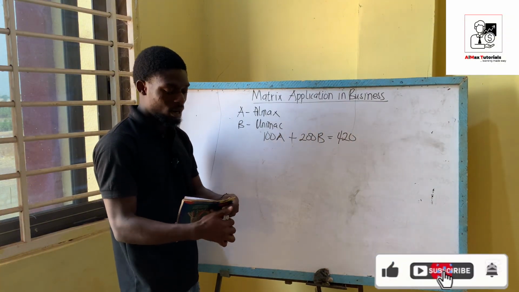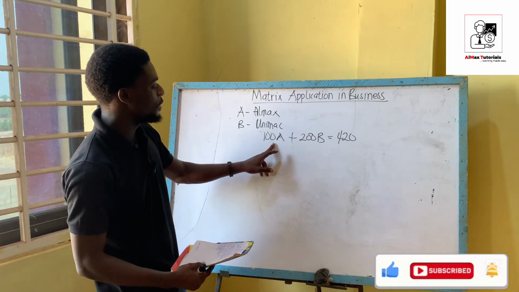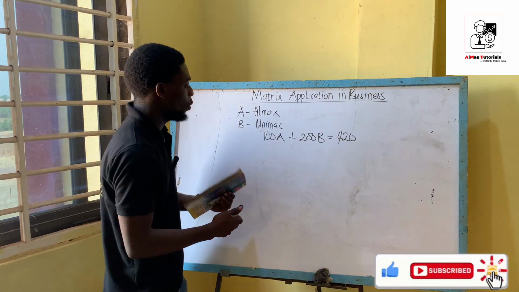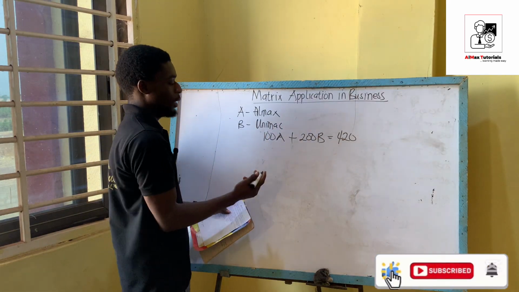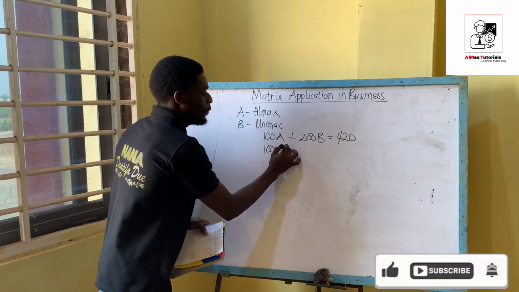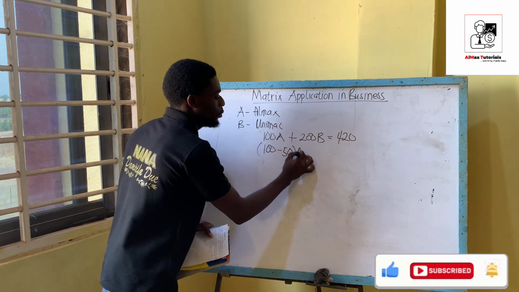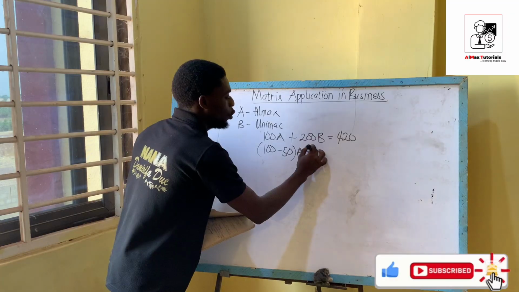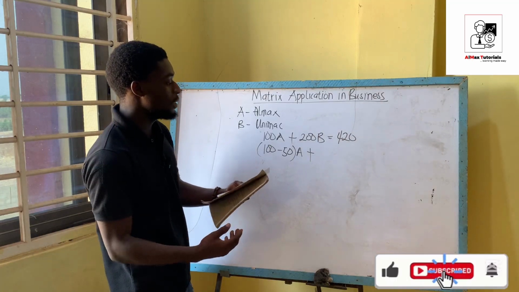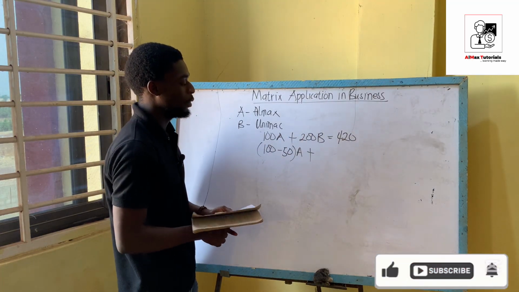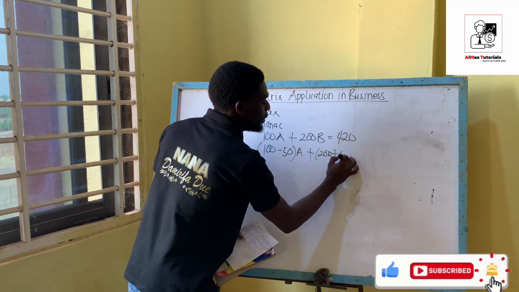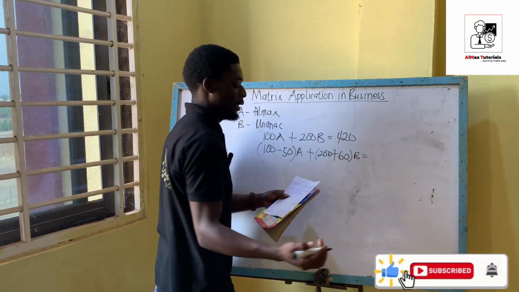Now, looking at the second paragraph, the analyst decided to sell 50 shares from the Armax telecommunication company. So if the analyst decided to sell 50 out of this 100, we are going to have 100 minus 50 shares from Armax Telecommunication Company. And after selling the 50 from Armax, he also decided to add 60 to the Unimac Telecommunication Company, which then makes it 260. So we are going to have 200 plus 60,